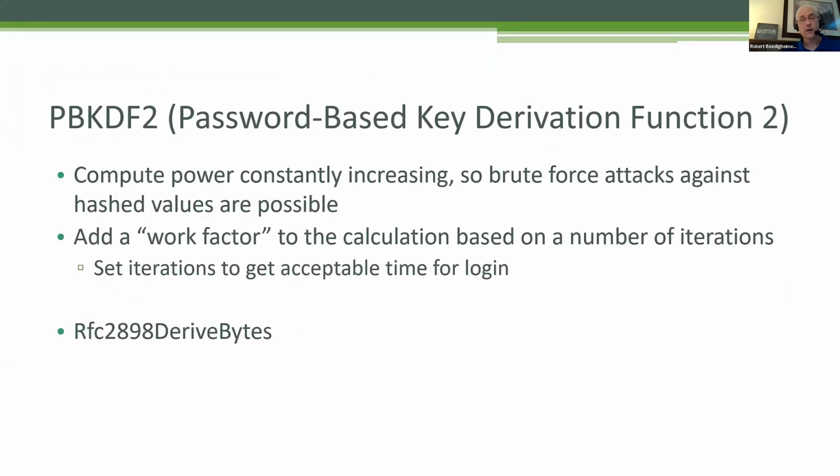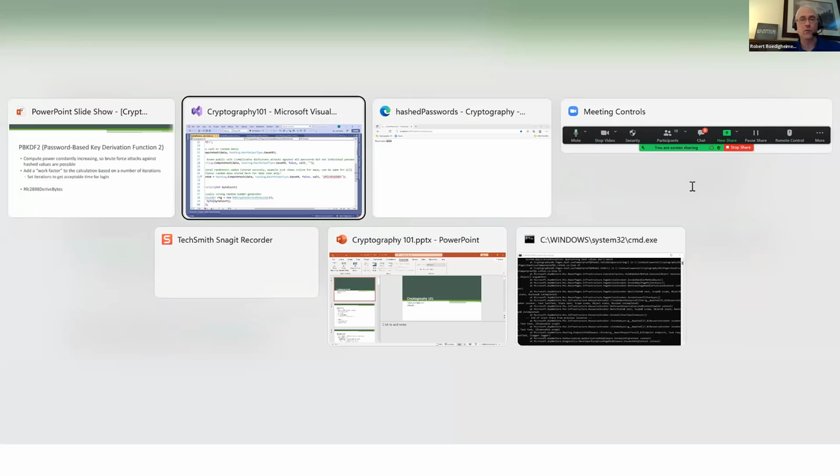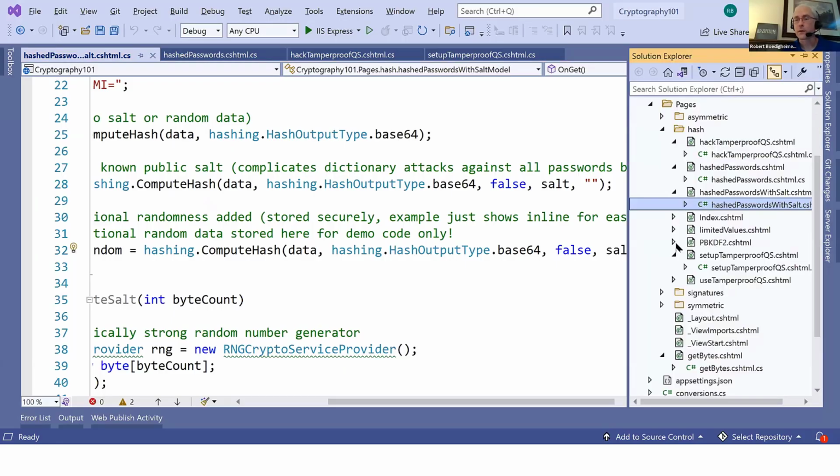With all that said, how do people actually store passwords today? If you've heard of bcrypt, in .NET, it's PBKDF2. You really want a hash function that you can make slow. You want to add what's called a work factor to it. So this is easier to show the code example for. So if we look in here,